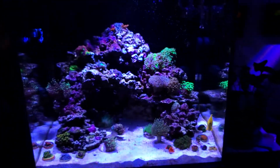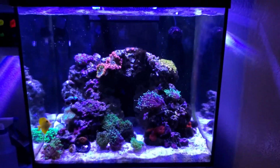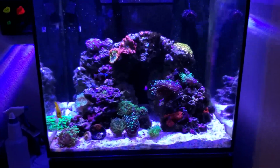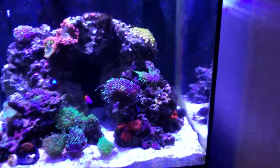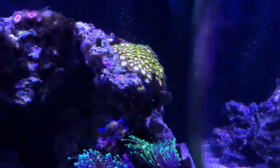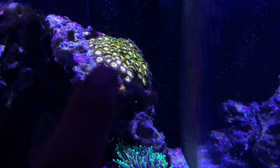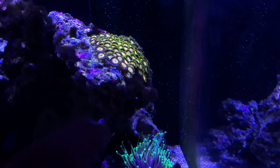So now let's move on to the Red Sea Reefer 170. Here's the Red Sea Reefer 170, and same thing. Most of the zoas were actually removed from this tank as well, just except the ones that are actually stuck in the rock, like the scrambled eggs, the incinerators to the back,